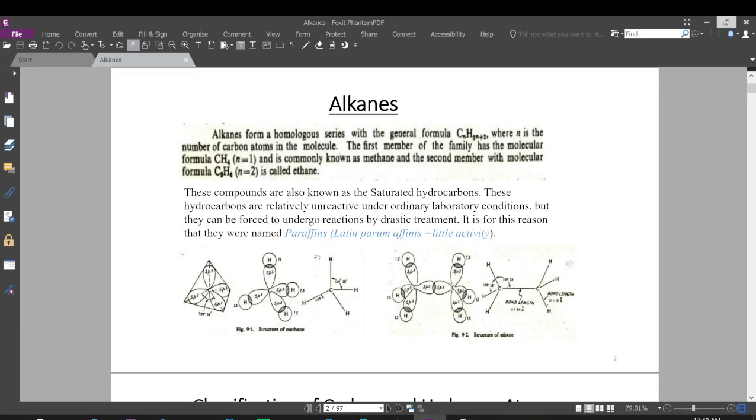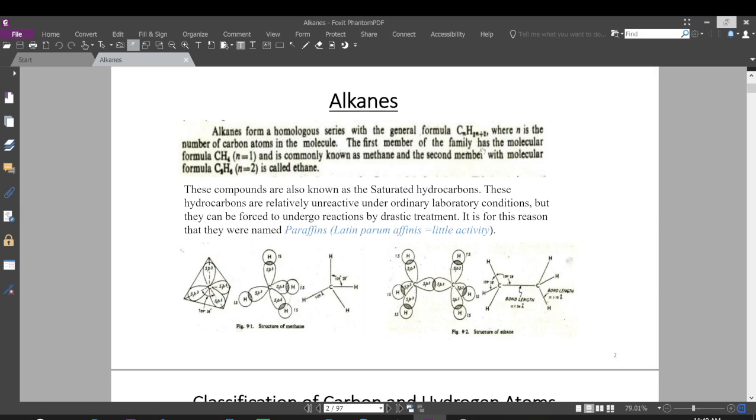So now we are going to talk about the aliphatic hydrocarbon alkanes. We know that alkanes form a homologous series with the general formula CnH2n+2, where n is the number of carbon atoms in the molecule. The first member of the family has the molecular formula CH4, because here n is equal to 1, so carbon is 1 and the hydrogen will be 2 plus 2, that means 4. So CH4 is the first member of the family of alkanes. It is commonly known as methane, and the second member with molecular formula C2H6 is called